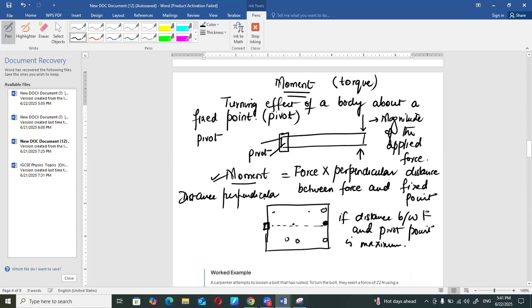And the second important part is that it should be at a maximum distance from a fixed point. Now, a few more things about what it shouldn't be. If you apply a force on a hinge or a pivot point, remember that a force applied on a fixed point